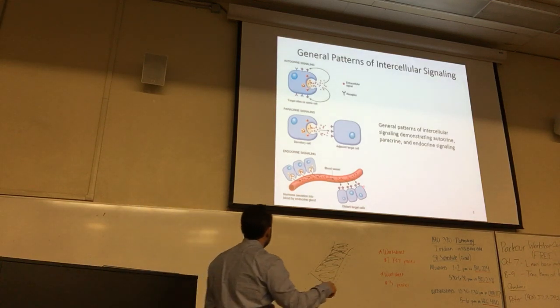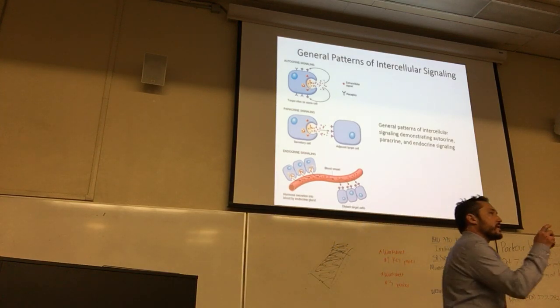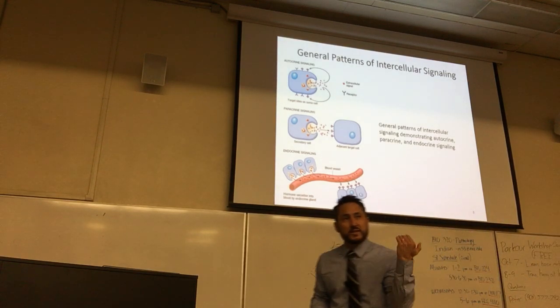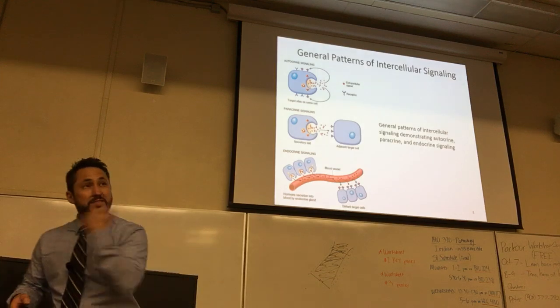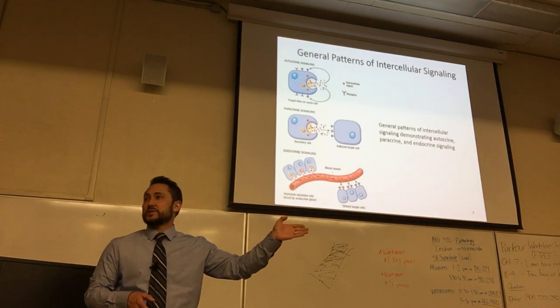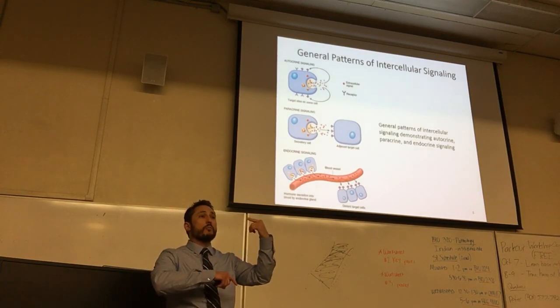Where does endocrine come into play? Endocrine comes into play when that inflammatory mediator makes it to the bloodstream, because the gradient is large enough that it's detected by cells within the bloodstream, say circulating monocytes. And those circulating monocytes that are seeing that signal now in the bloodstream know that they're supposed to migrate out into the tissue. And that was a couple of lectures ago when we talked about how this whole process of recruitment works.